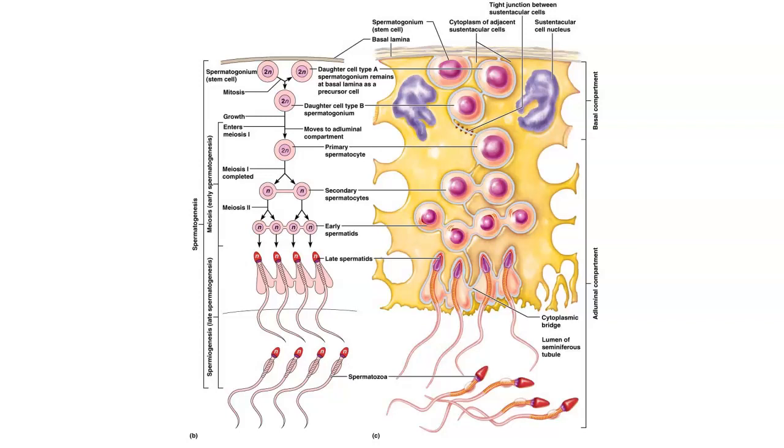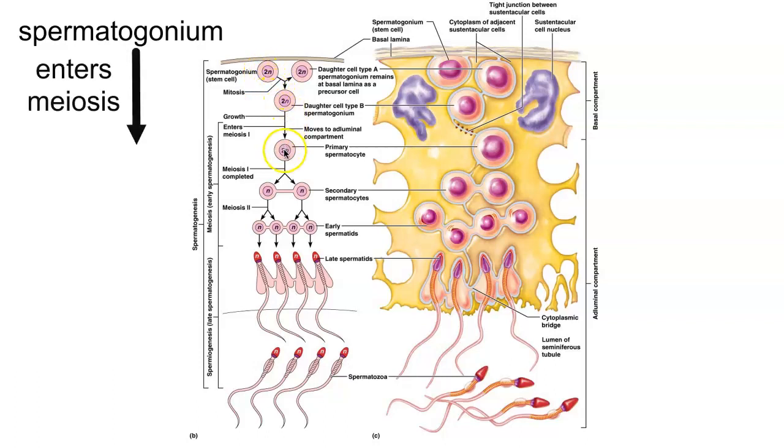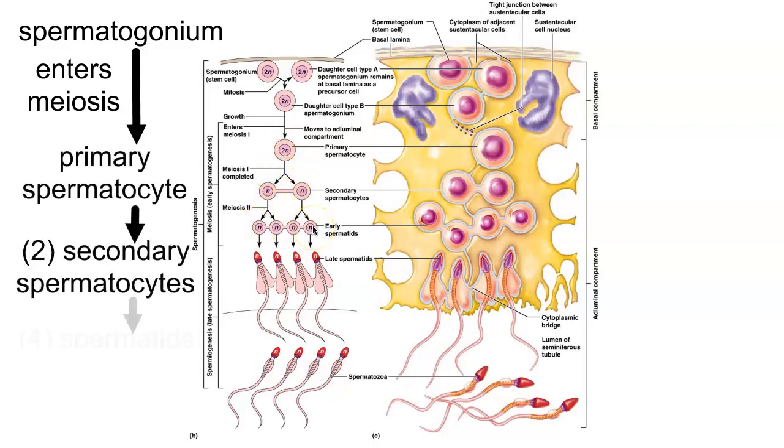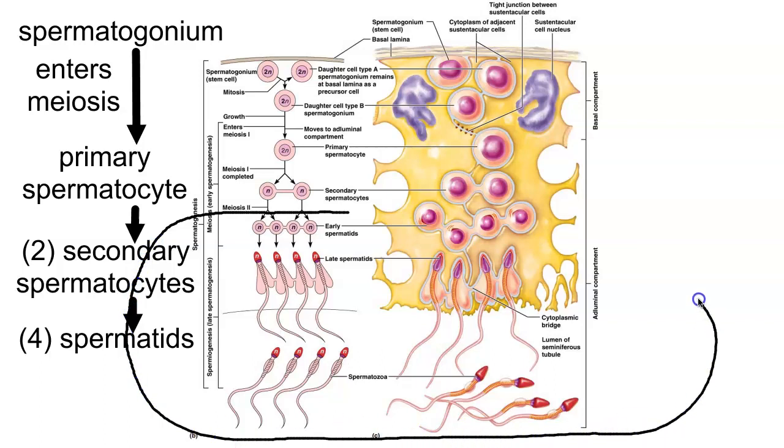The process of spermatogenesis involves the meiotic events that give rise to a sperm cell. So a spermatogonium that transforms into a primary spermatocyte will divide into two secondary spermatocytes, then four spermatids. The last part of spermatogenesis, when you have genetically your four sperm cells, what happens next is